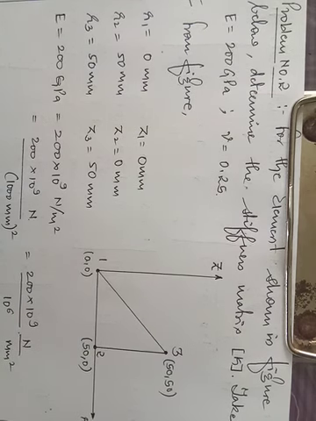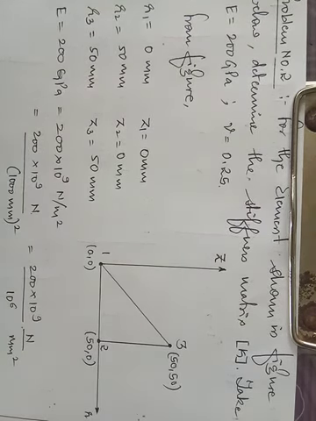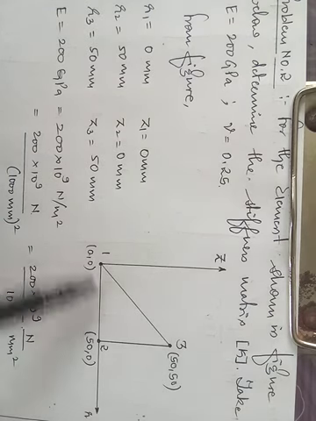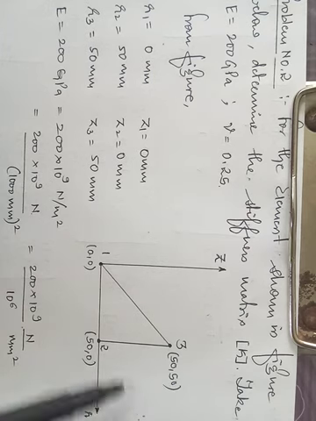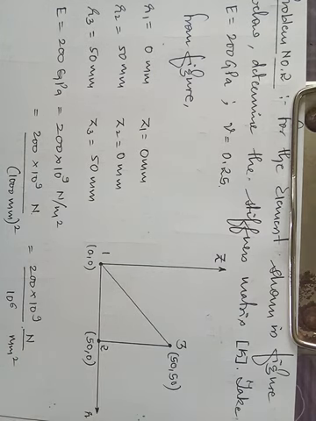If you check this diagram, it is a triangular element. We have the r axis and z axis because it is a cylindrical coordinate system. Now the nodes are named 1, 2 and 3, and the coordinates are also given. This is what will be given to you in the problem.